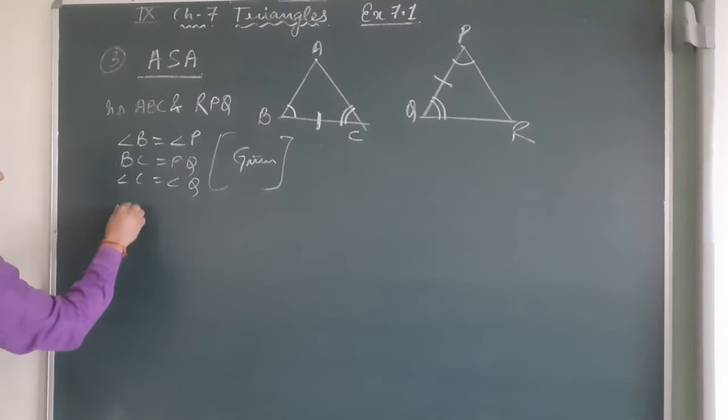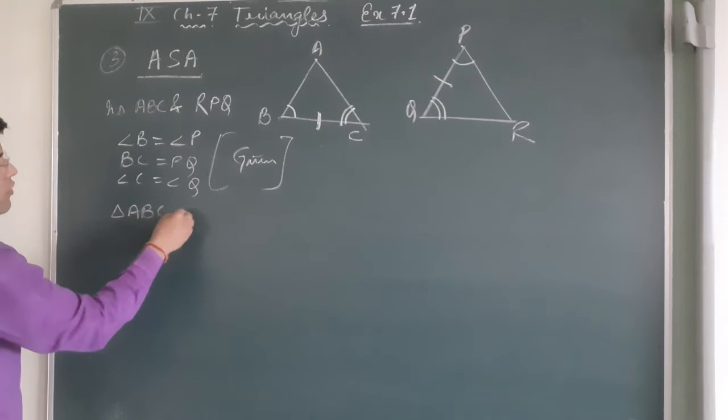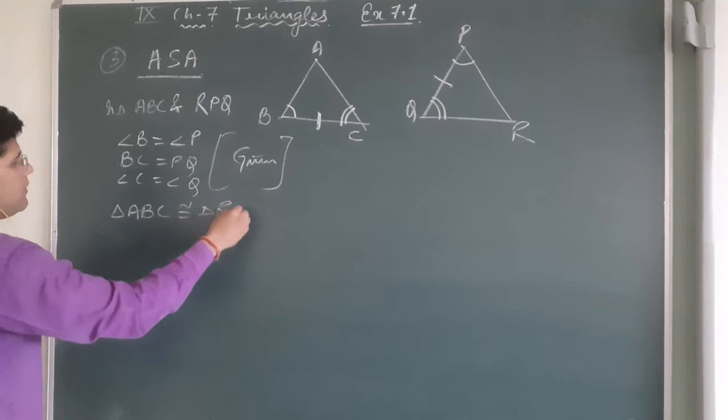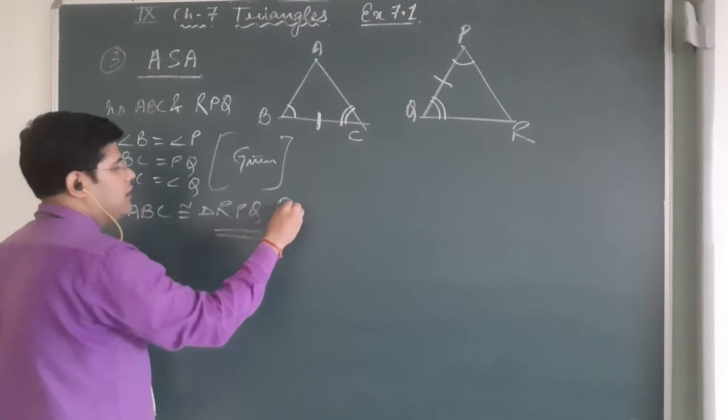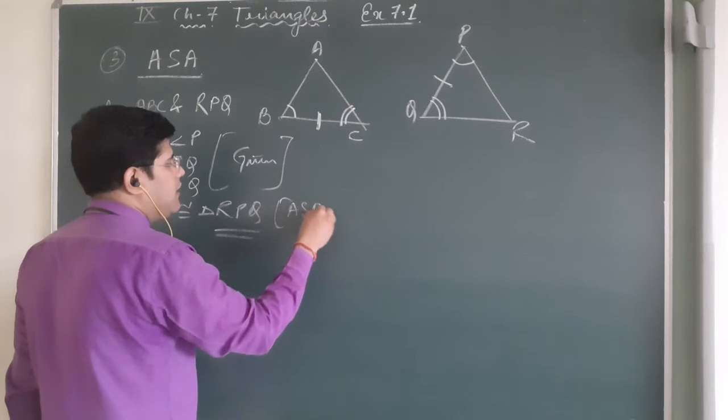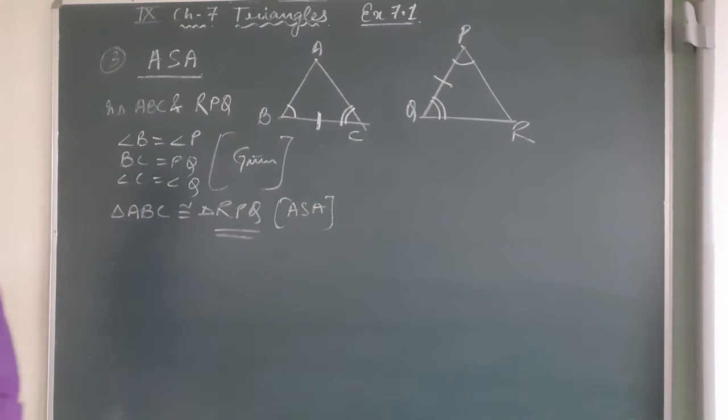So triangle ABC is congruent to triangle RPQ. So here we have to write the proper thing. How can we write that? And just explain that thing. So please do the things in a proper way. Don't do it like that, as that will be an incorrect manner. Okay, students, now I have done three of the properties.